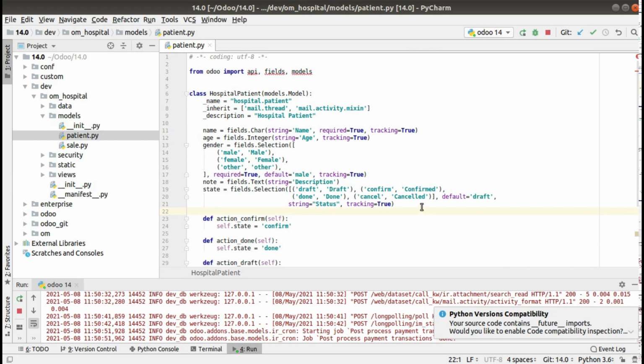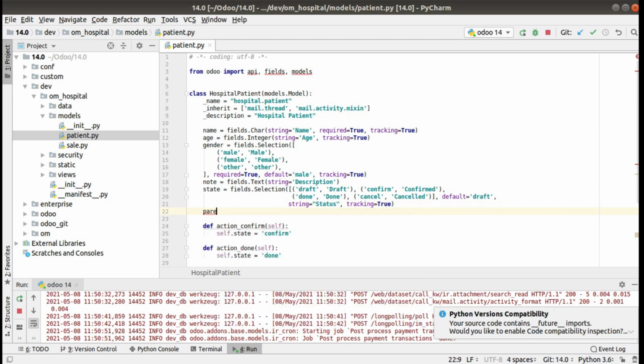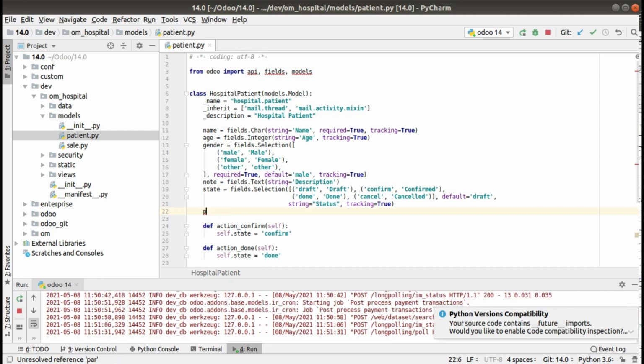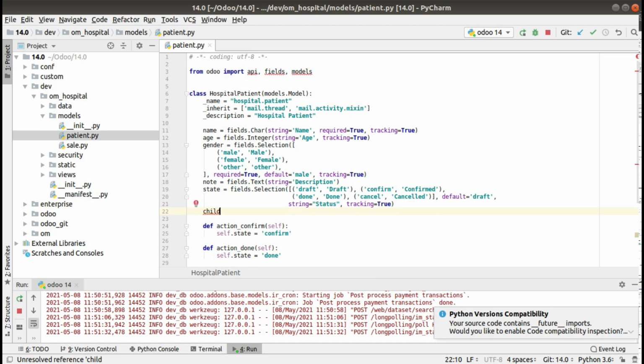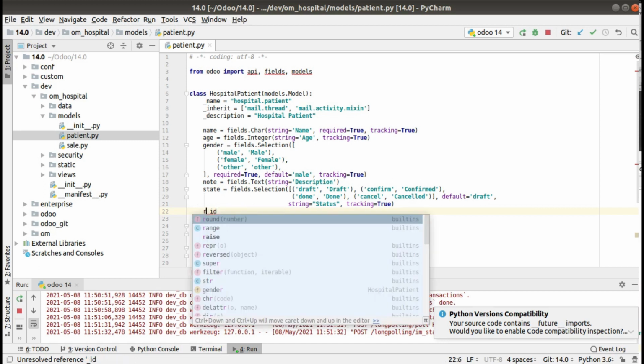I'll be adding a new field called parent_id. Or instead of parent_id, because parent_id is a reserved keyword in Odoo, we'll come back to that later. I'll give the name as child parent ID, or instead of parent ID I'll give the name as responsible_id.